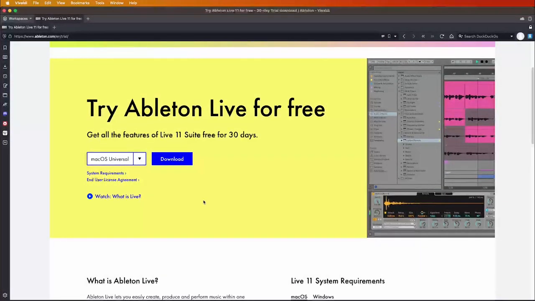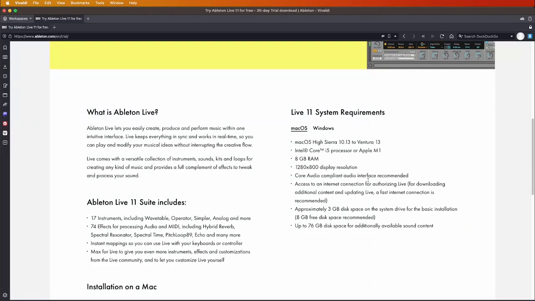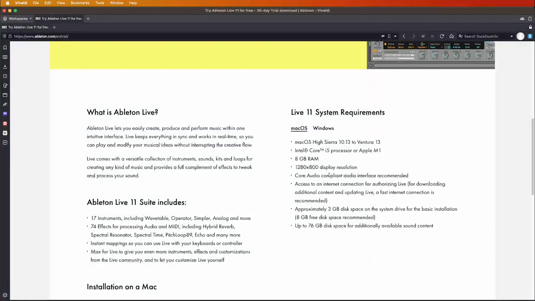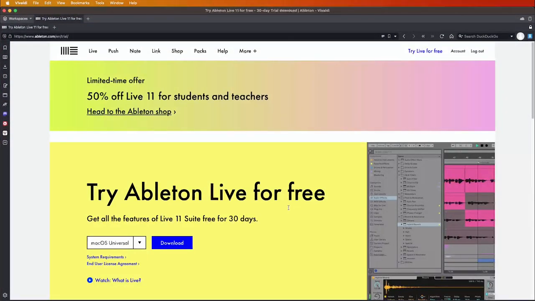Choose your platform and download. Follow the installation instructions, and remember, of course, that these are the minimum requirements that I've published several times. Make sure you're installing to a computer that meets these minimum requirements. Install the demo just to test it and make sure it works on your machine, and then within 30 days